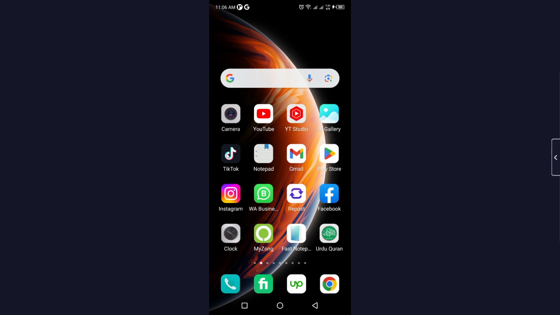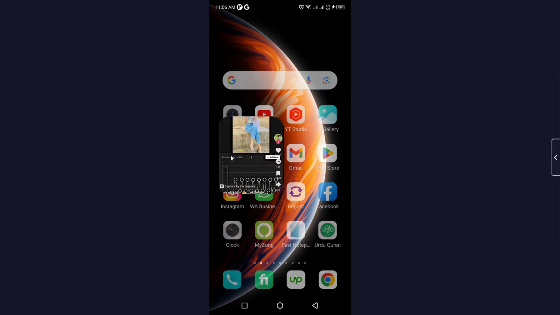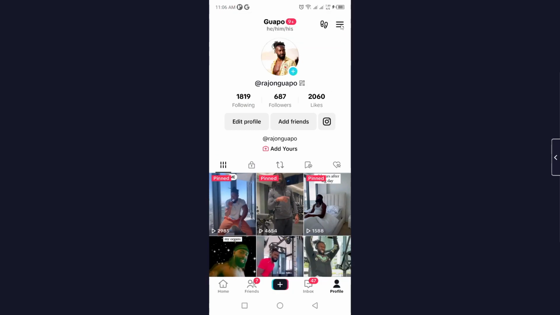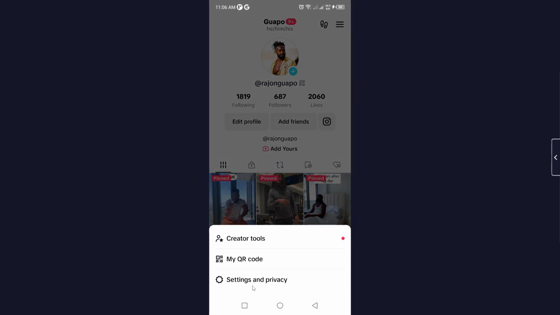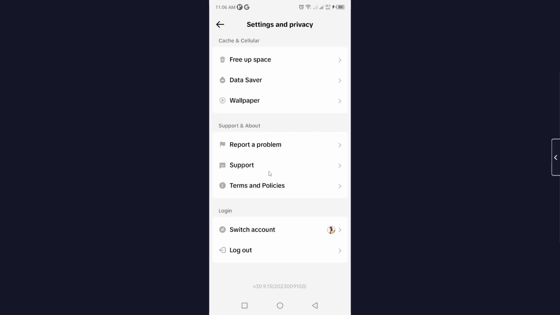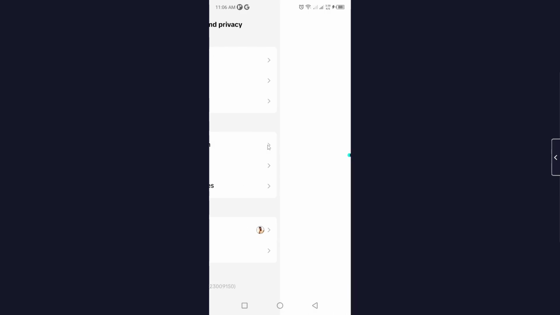So the first step you simply need to do is to open TikTok application. Once you open TikTok, you simply need to click on profile in the right bottom corner. Then you need to click on three bars on the top right and click on settings and privacy. Once you are here, you simply need to scroll down and here you can see report a problem. Click on that